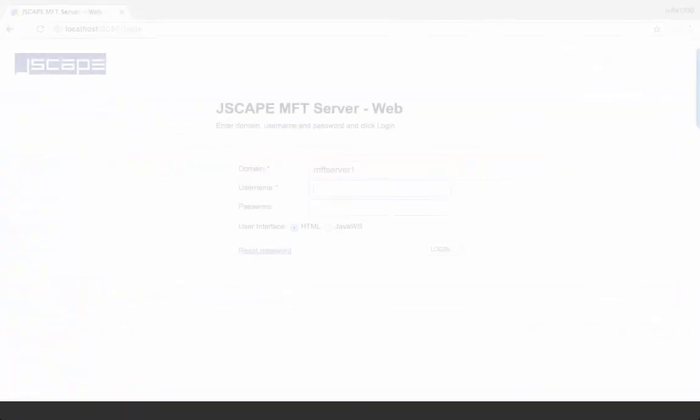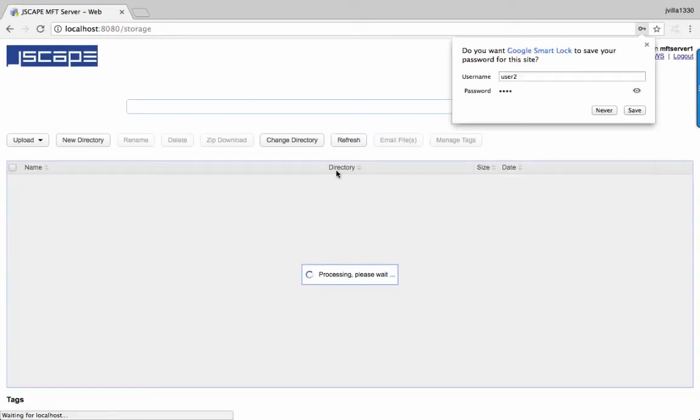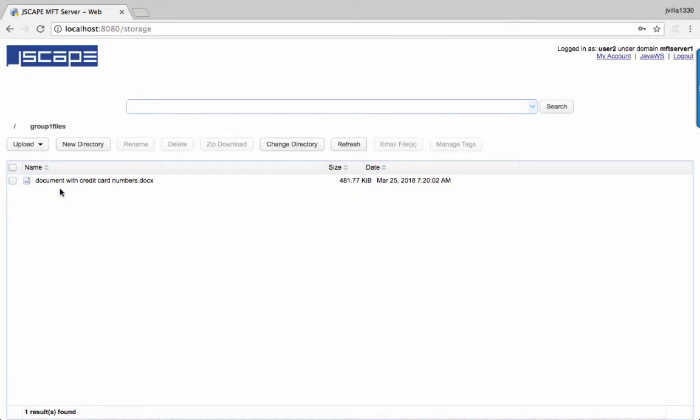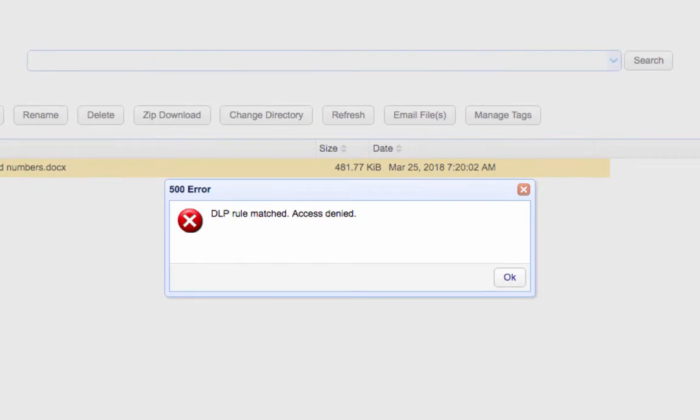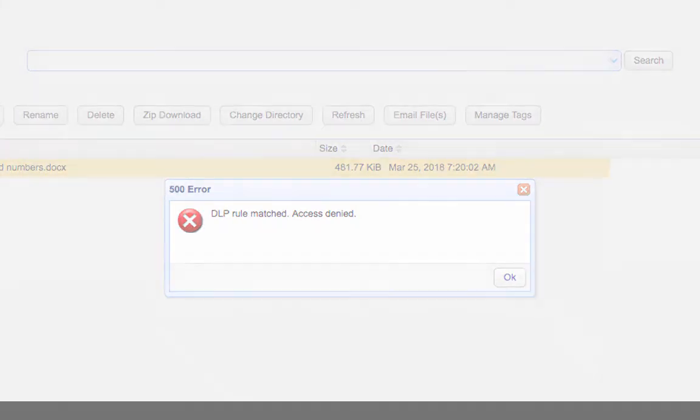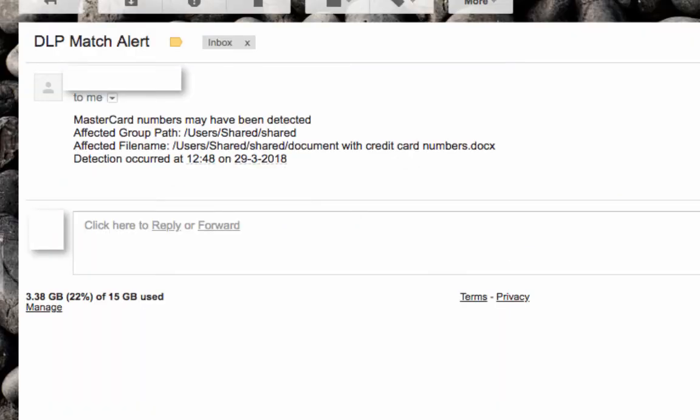So now, if a user tries to download a file containing credit card numbers from this group folder, an email notification should be sent to the designated recipient. Here's a sample email notification sent by this particular trigger to my personal Gmail account. That's it. Now you know how to configure Jscape MFT server to automatically send email notifications when credit card numbers